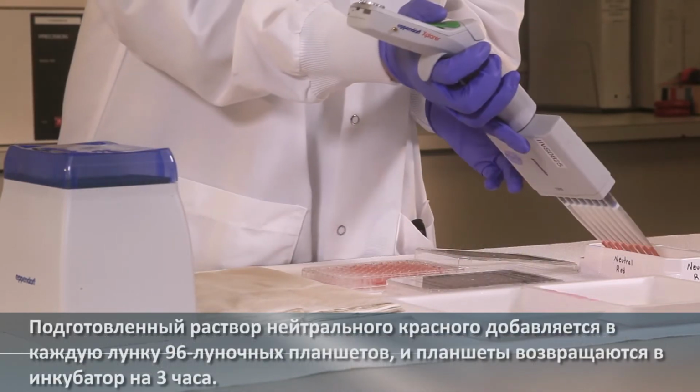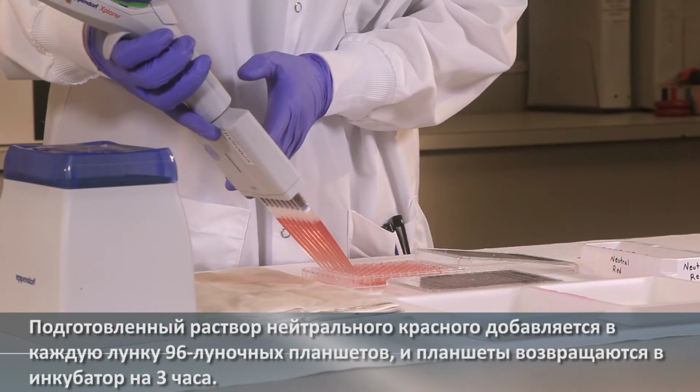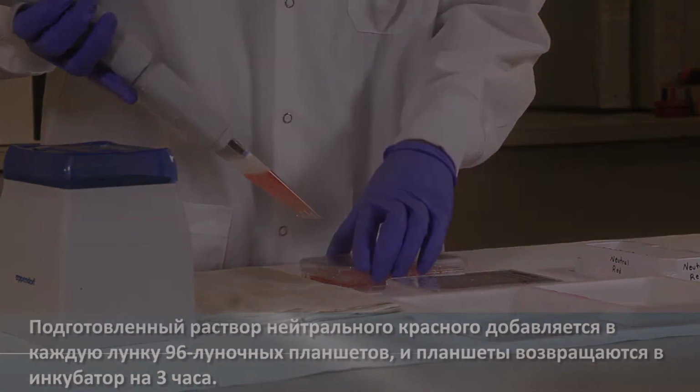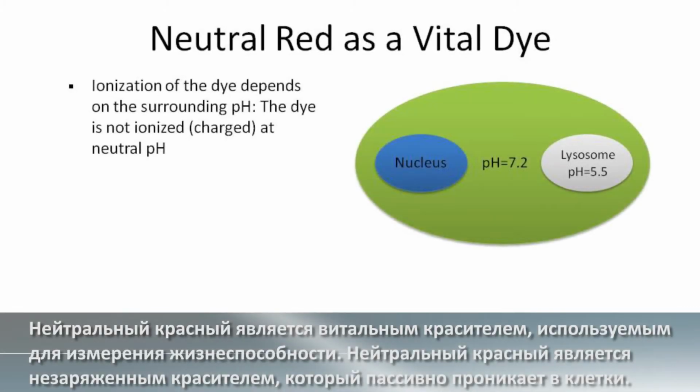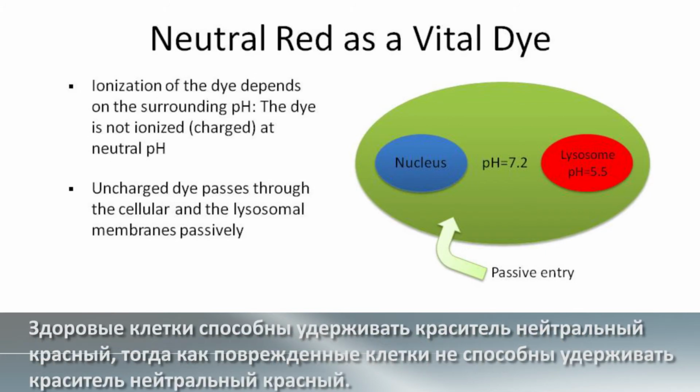The prepared neutral red solution is added to each well of the 96 well plates, and the plates returned to the incubator for 3 hours. The neutral red is a vital dye used to measure viability. Neutral red is an uncharged dye that passively enters into cells. Once in the acidic lysosomes, the neutral red becomes charged and trapped within the lysosomes. Healthy cells are able to retain the neutral red dye, while cells which have become damaged are unable to retain